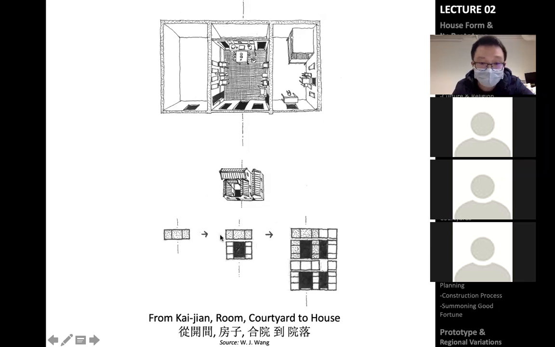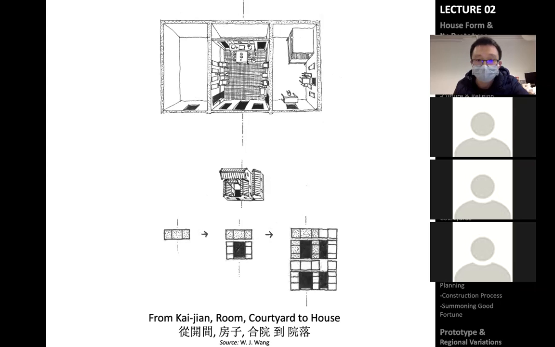Once the family expanded, if you have 2 sons and your son gets married and has his own family, that is the extension of a family. Therefore, if you have land next to you, you can naturally extend your house, simply by adding 2 bays on the side and another bay, and you have another building related to the original building on the left-hand side. Therefore, it becomes a 2-courtyard house like this, and you can also extend it in the front. Therefore, a single 3-sided courtyard can accommodate the extension of a family, and in turn, the family relationship can be